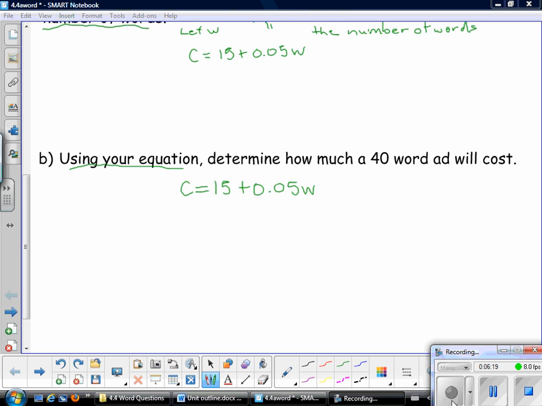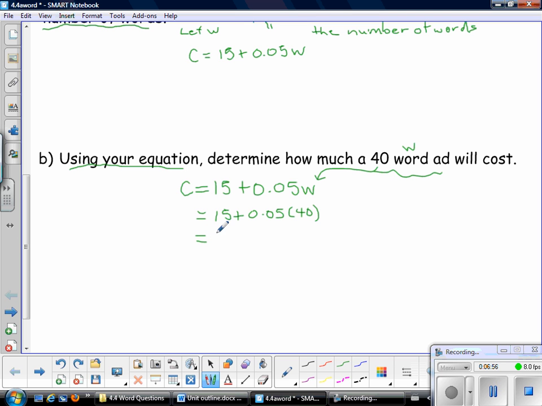Okay, so you can see all we've done is we recopied it, and now it says determine how much a 40-word ad would cost. Well, words stand for the letter W, so where there is W in our equation, we're just going to substitute that 40 into it. So let's continue on. So we have 15 plus 0.05, and this is times 40,